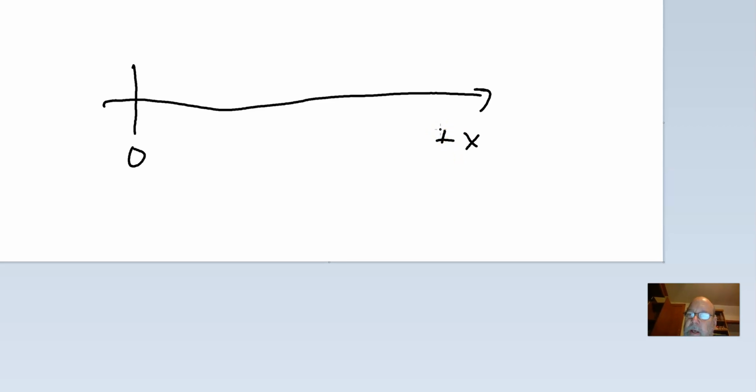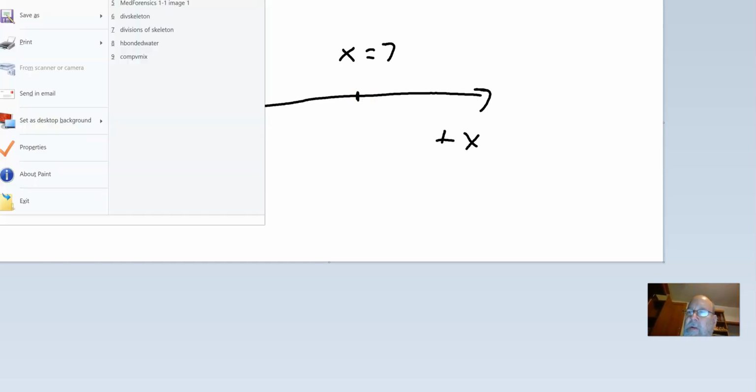If I want to put a beginning position of 2 on my diagram, I'm going to say x0 equals 2. If I want to, I can put a little mark there to indicate that that's where 2 is. And then I'm going to say my final position, x, is 7. So that's all I would do to show the initial position of 2 and the final position of 7. If I wanted to do this on the y-axis,